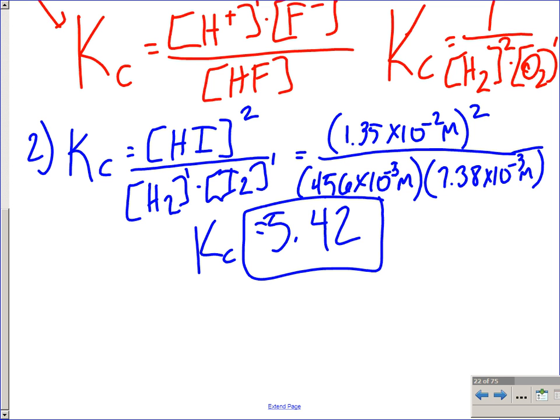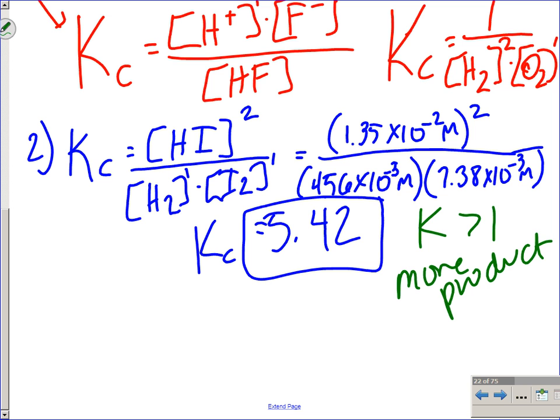All right, guys. What does this K value mean? What do we know about a K value that's 5? Brandon? All right, so this is K greater than 1. There's only really 2 categories: K greater than 1, K less than 1. This is greater than 1, right? So this means, say again? So more products than reactants. So products are favored, right? So which direction of the reaction is more favorable? We're making products. The forward, yes. So the forward reaction